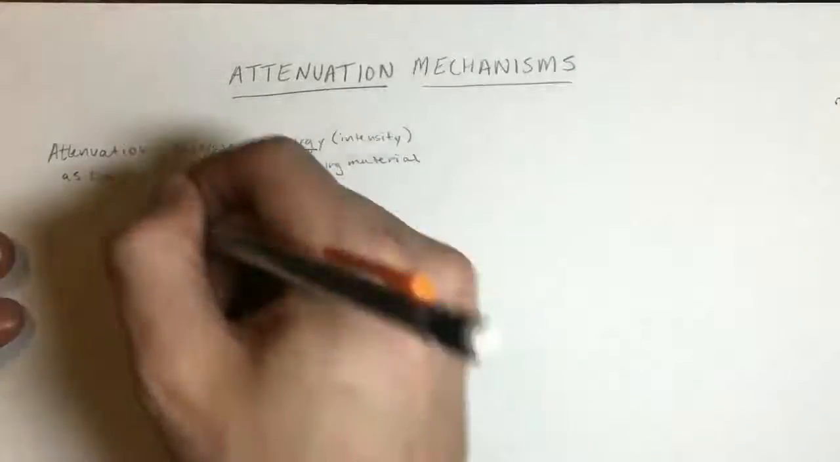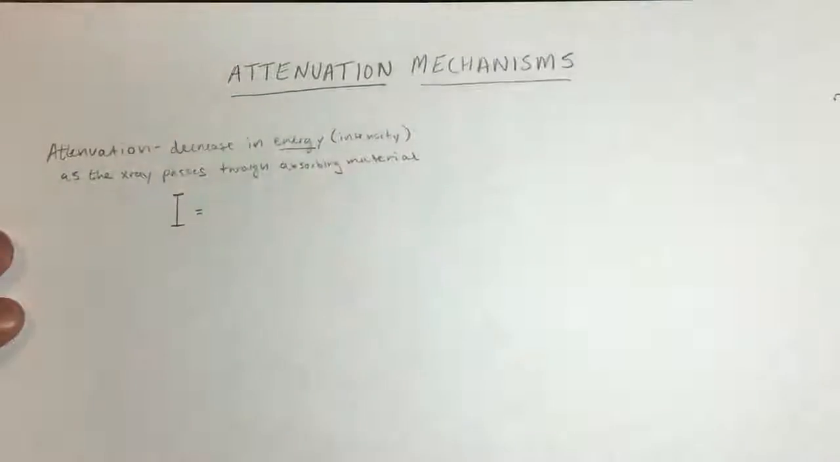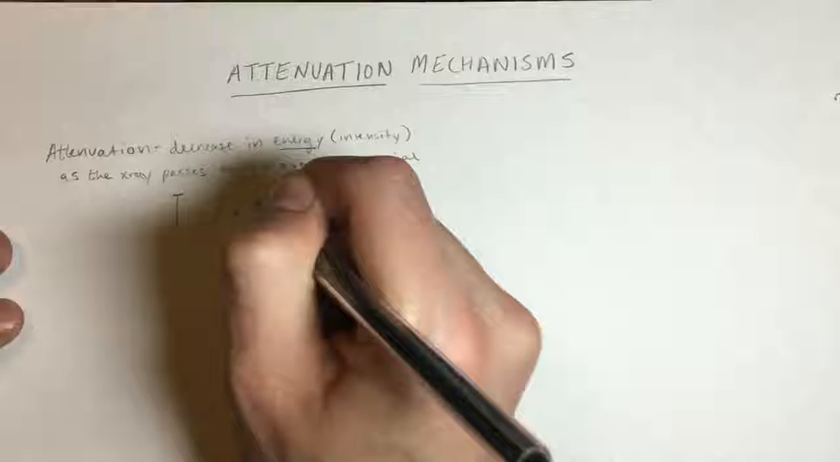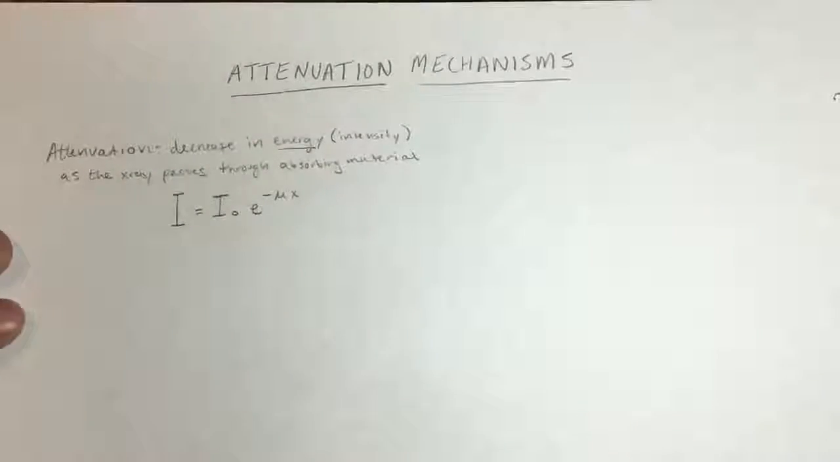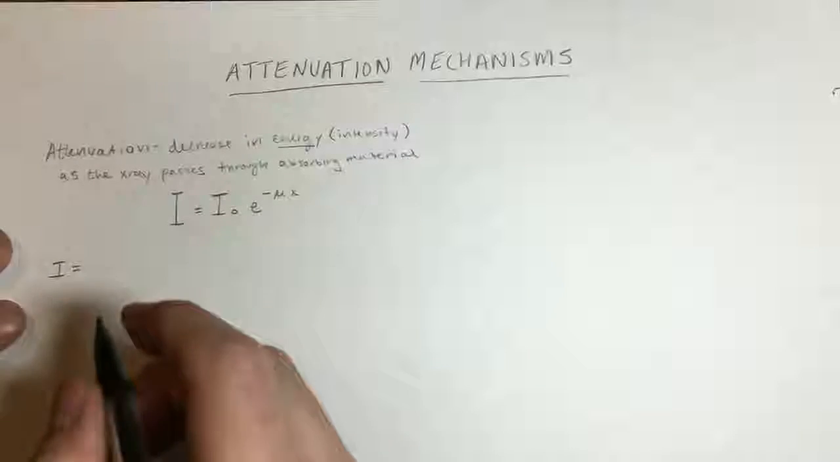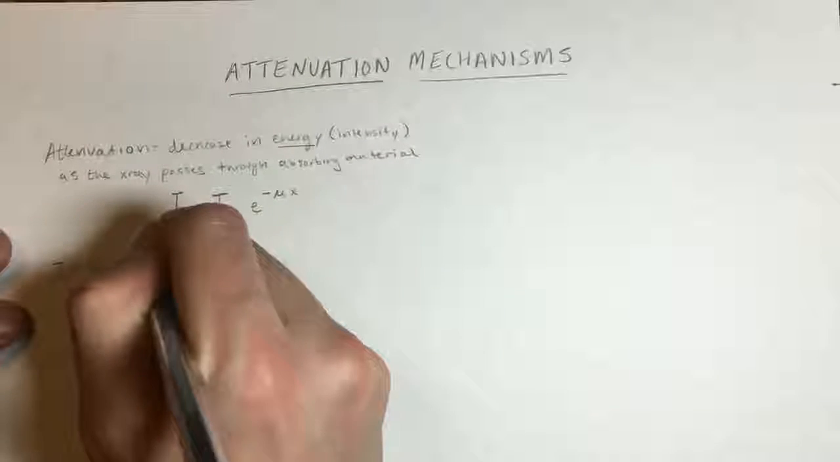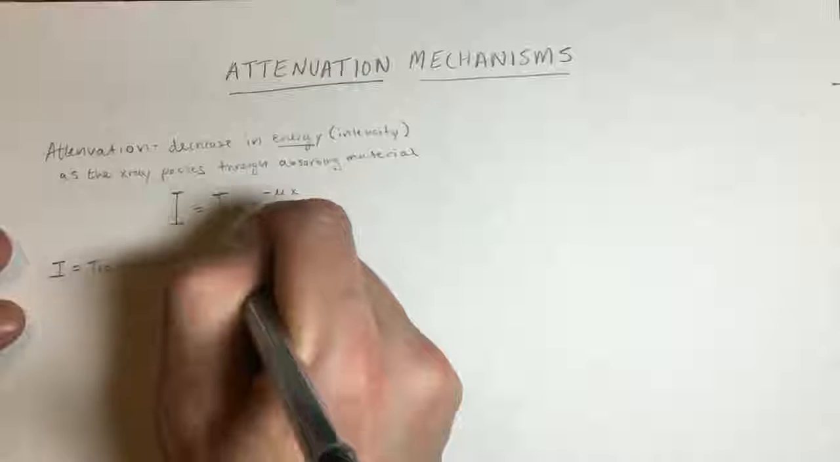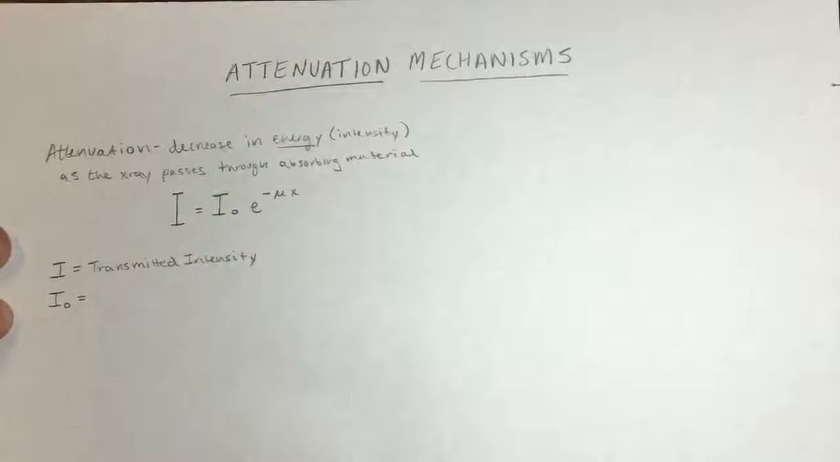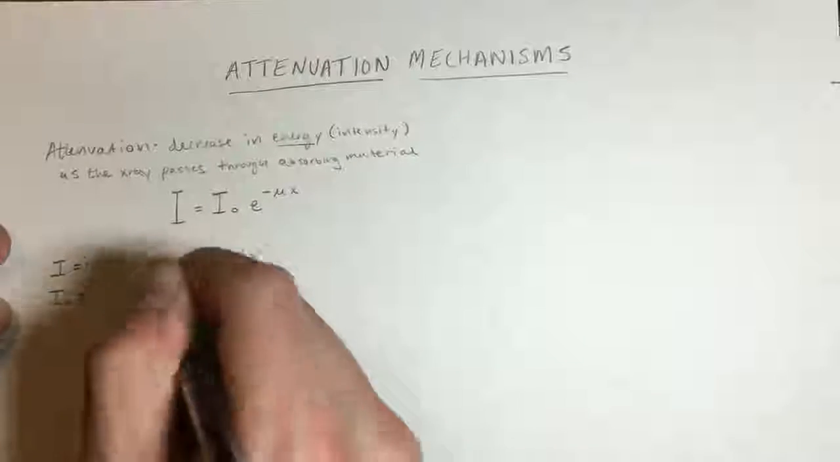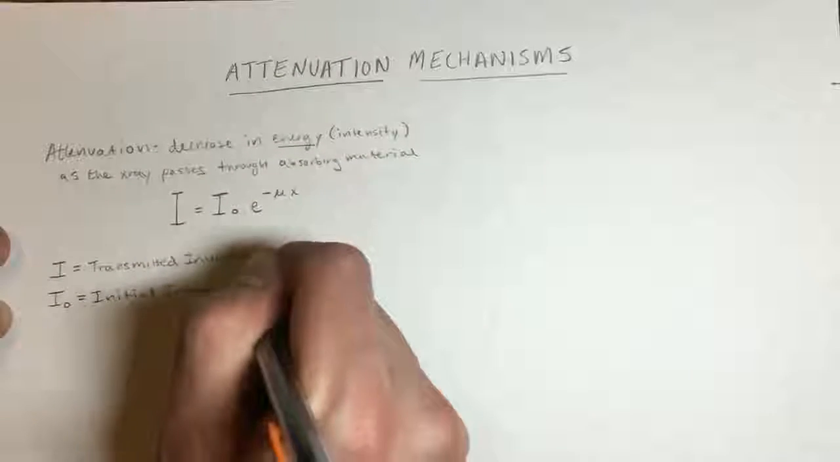So how does attenuation occur? Well, let's look at the formula for attenuation first. So we have I equals I0 e to the power of negative mu x. I would be the transmitted intensity that we get after it has moved through an absorbing material. I0 would be the initial intensity of that photon before it is